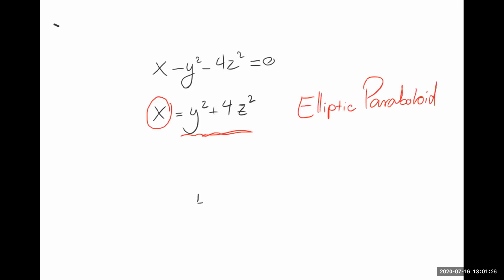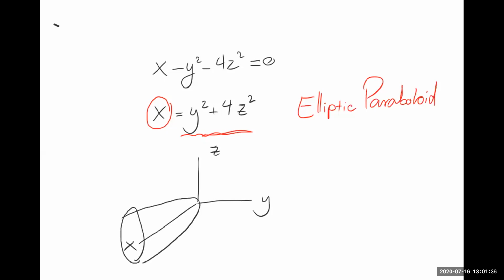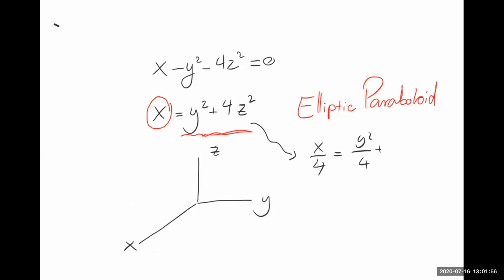So we have our variables x, y, z. It would be something in the direction of x. But the cross section is not going to be a circle. It's going to be an ellipse. And this ellipse would be more extended in the direction... Well, if we divide everything here by 4, I would get x over 4 is y squared over 4 plus z squared. It would be extended more in the direction which has the larger